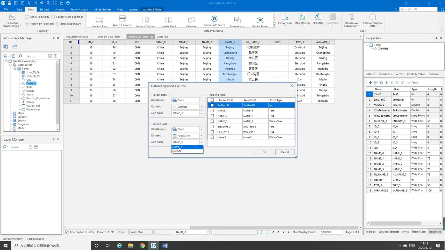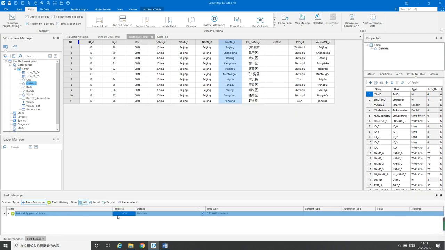Here we can select any one object because I created one here. So for the append field we can only choose the population 2017. Here we select OK,